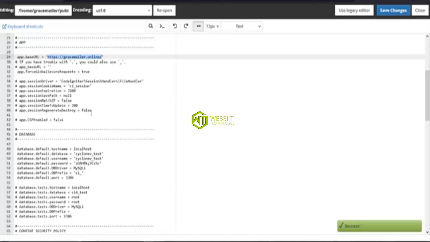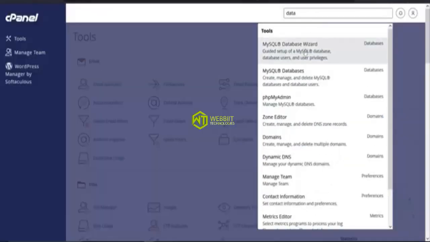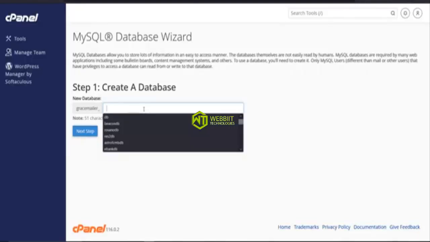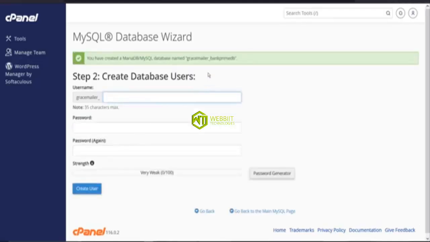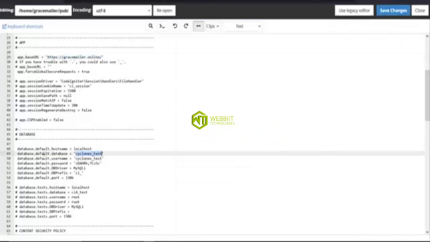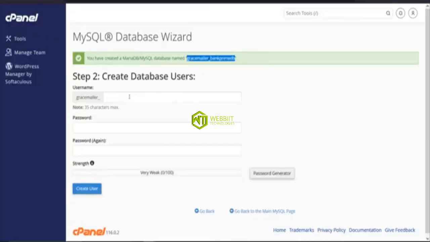The next thing is I will create a database. I'll come again to create a database. I'll say bank prime DB. I'll copy the database name and put it in, because it's the default database. I'll put it there. I'll create